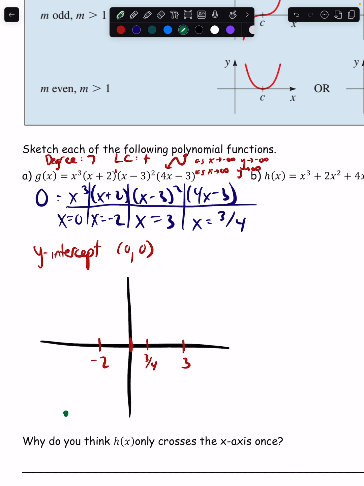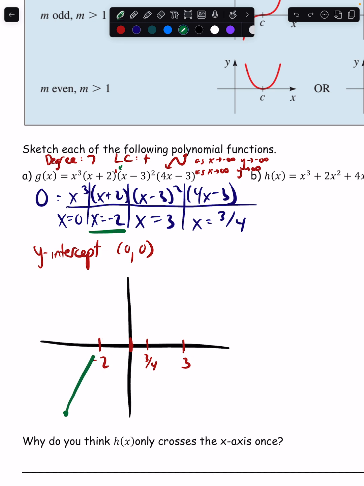So here, my first zero I'm going to be crossing is negative 2. That multiplicity is 1, an odd multiplicity, so I'm just going to cross. And then I'm going to come back down to 0. At 0, I also have an odd multiplicity. So this is where it's a little bit different, as we get to a higher degree multiplicity, so here the 0 is happening 3 times here,